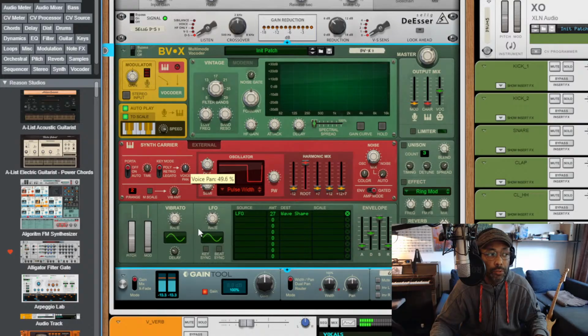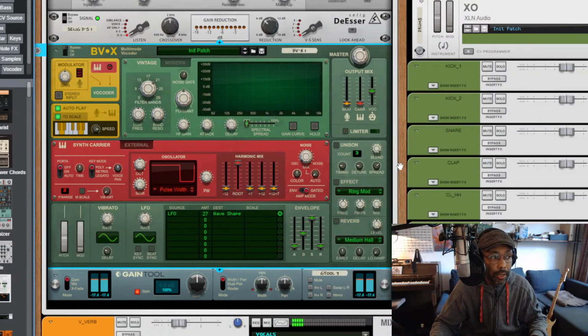And another cool thing that you can do with it is, even without playing it or sending MIDI notes or using the Unison, we could kind of create more depth with it by using this harmonic mix. Obviously the root is just the voice from you, but we could add subharmonics and overtones.